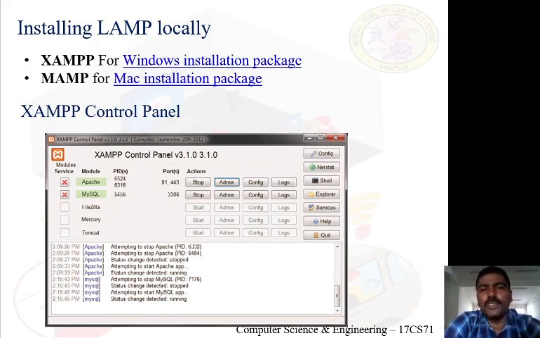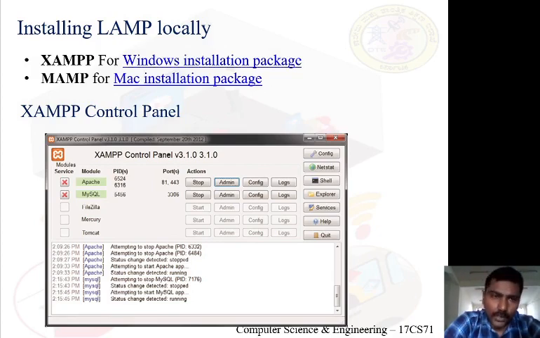There you will be prompted whether you want to install the package for Windows, Mac, or Linux. Just download it, and installation is very easy. Once you launch that software, click next.